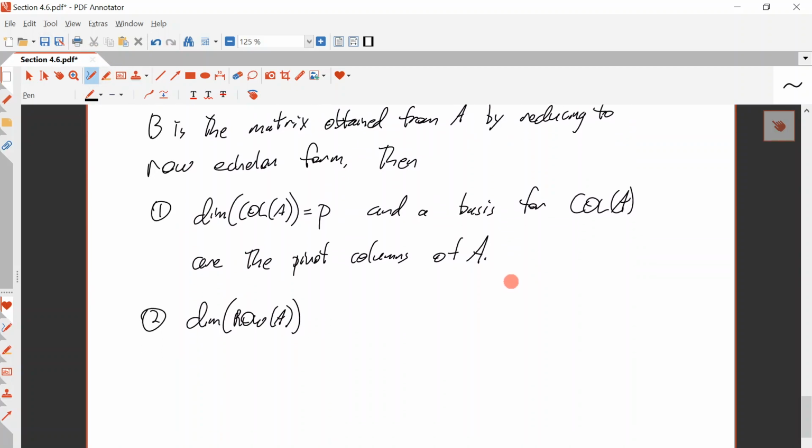The dimension of the column space of A is P, and the basis for the column space of A are the pivot columns of A. 2. The dimension of the row space of A is P, and a basis for the row space of A are the pivot